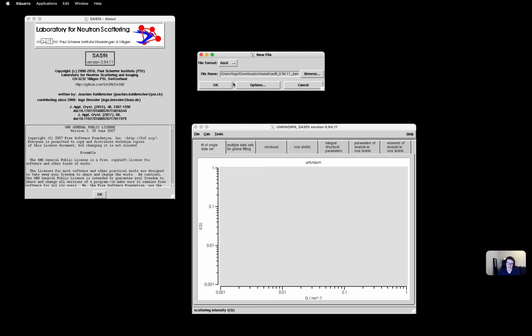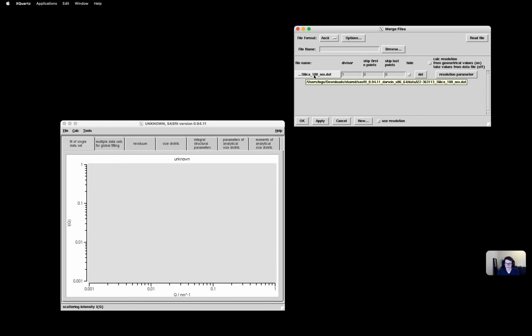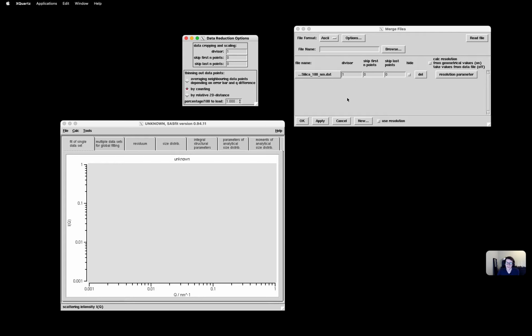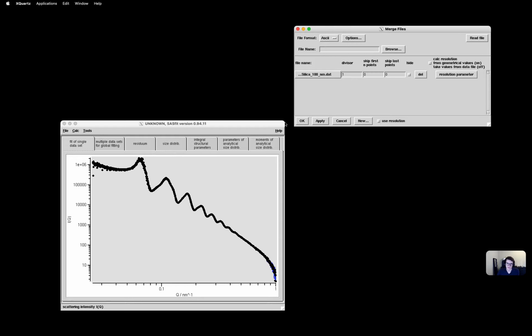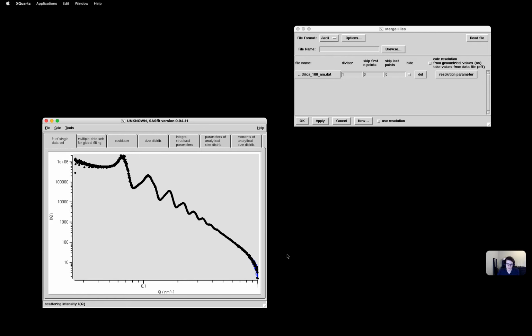So when pressing OK, I get a window for merging files, or I can close this About window here by clicking on the logo. It gives us more space. So merge files allows us to load also different files and make a single curve out of them by merging several data files. But here we have only one, and hidden under the file name is a button for reduction options. So, reducing the point density for speeding up calculations later. From SAXS measurements, it's quite dense, as we can see here. We don't see any individual points anymore.